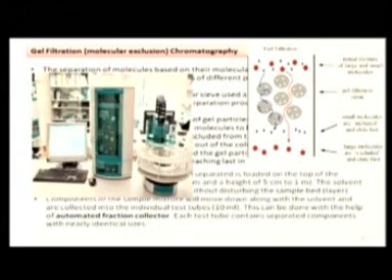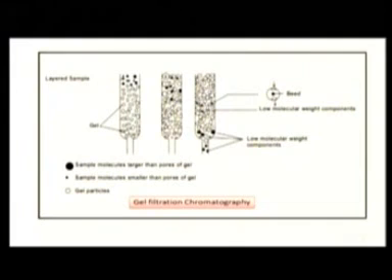In this picture you can see an automated fraction collector. In the previous days, we used to collect the fractions coming out of the columns manually, but nowadays, because of automation, there is no need to collect manually. The automation will do all the collection and processing. Here you can see the same thing in a stepwise manner. The first column shows the mixture of sample with beads, and in the second column you can see the smaller ones and the bigger ones moving in the interstitial spaces present in the column, and at the end the molecules come out.